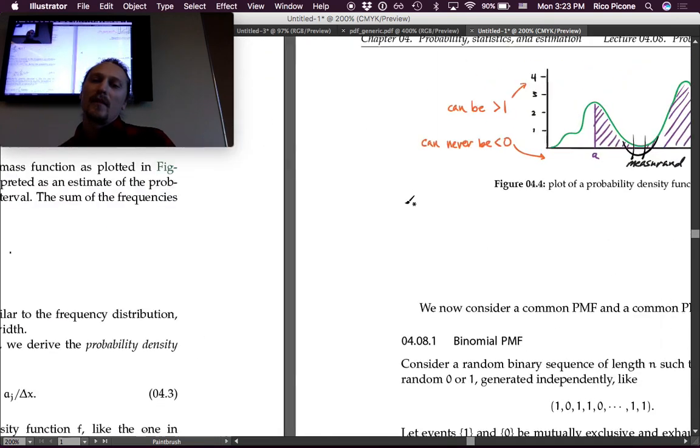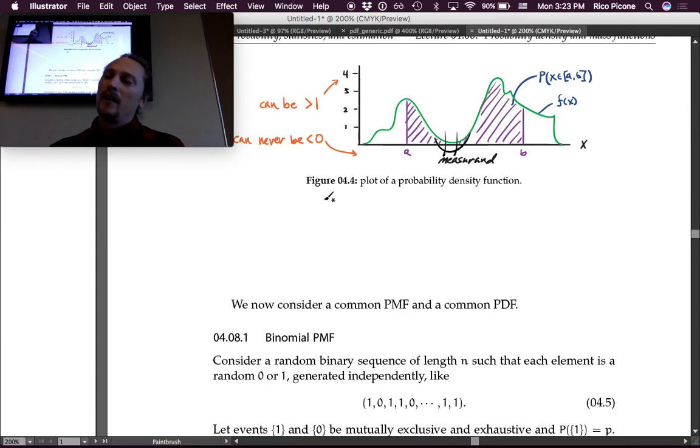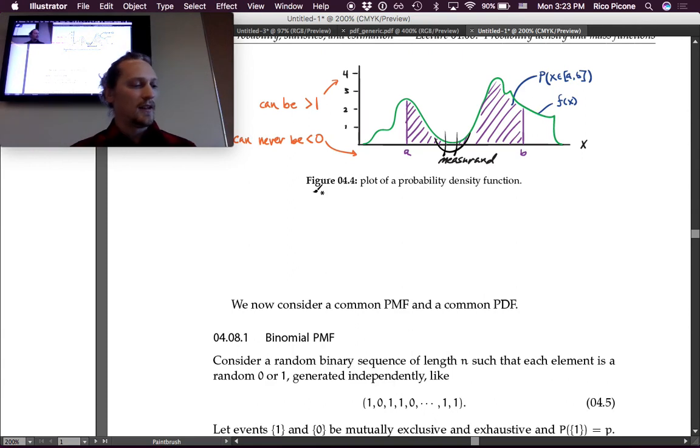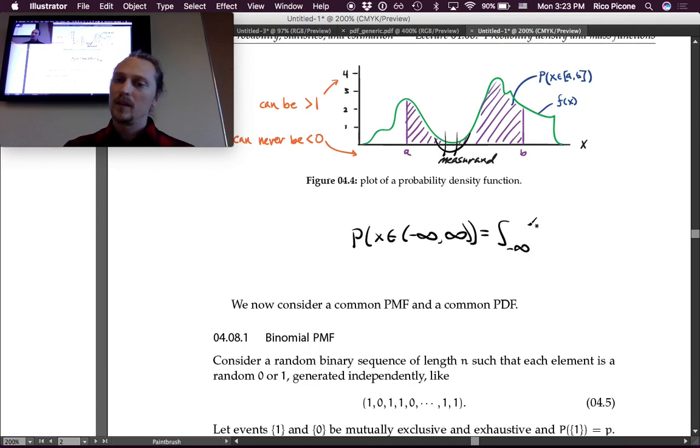So, of course, if we are going to have a valid probability distribution, and we integrated over the whole interval, the probability that x is somewhere from negative infinity to positive infinity is, by definition, the integral from negative infinity to positive infinity of f of x, or we should use a dummy variable here, f of